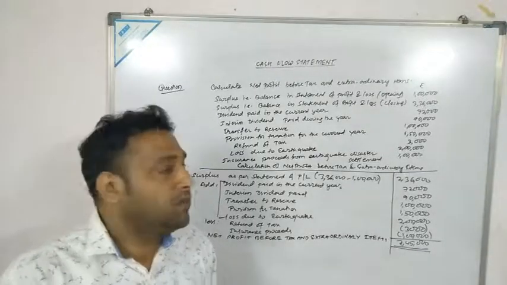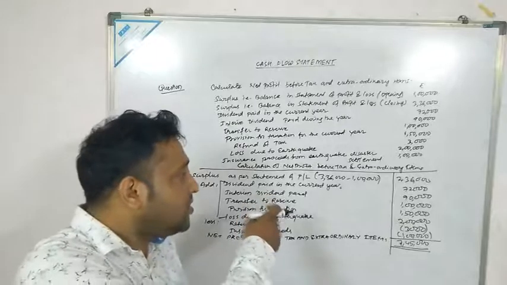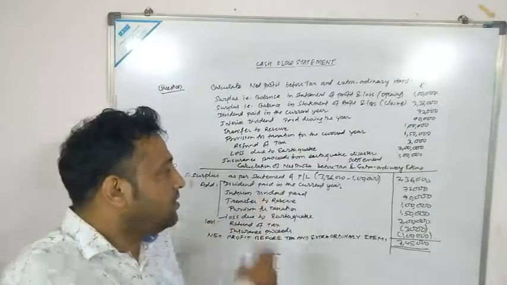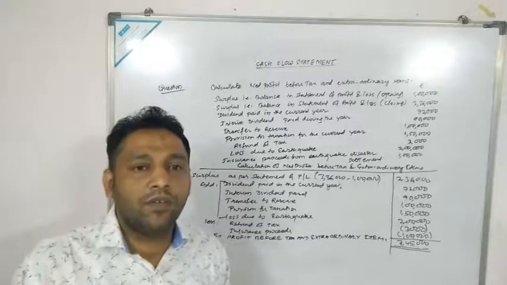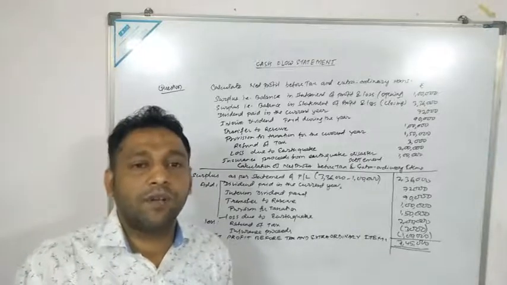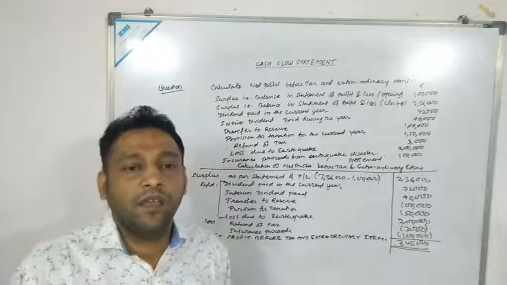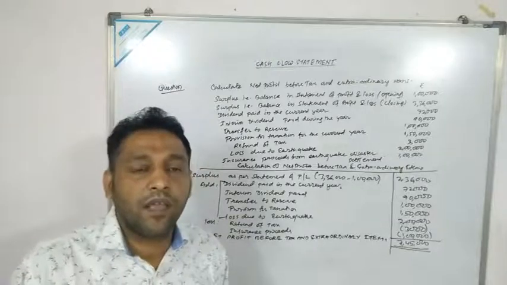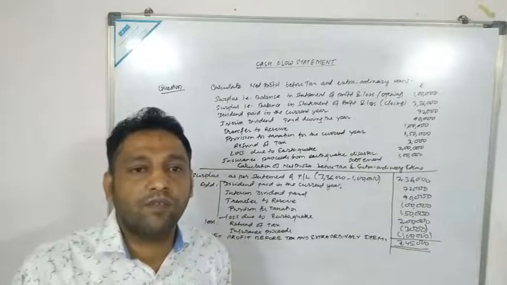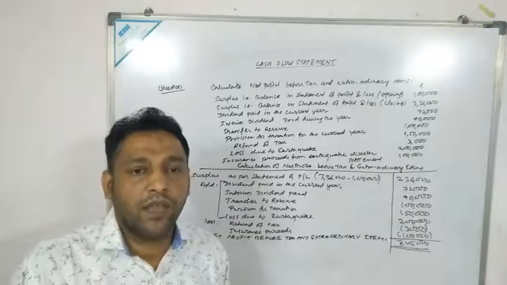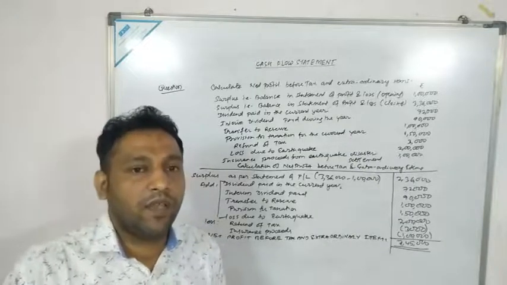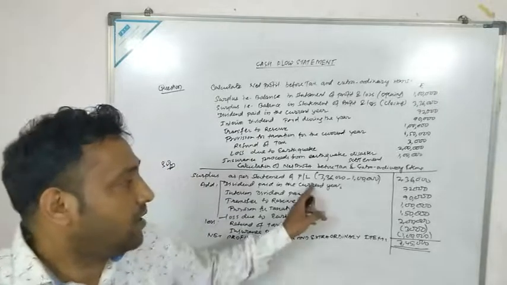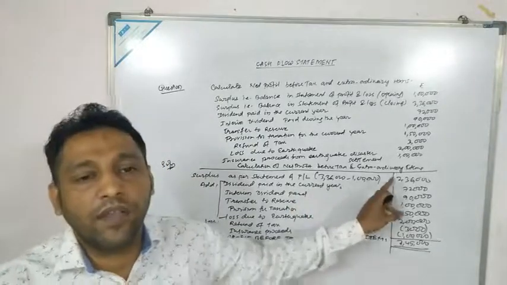Okay. So this is how we are likely to prepare your cash flow statement. Okay, so we understood the meaning of cash flow statement. Also we understood that cash flow statement is prepared in three activities: cash flow from operating activity, cash flow from investing activity, and cash flow from financing activities. Okay, and accounting standard 3 revised rules are to be followed, and we have learned how to prepare your net profit before tax and extraordinary items.